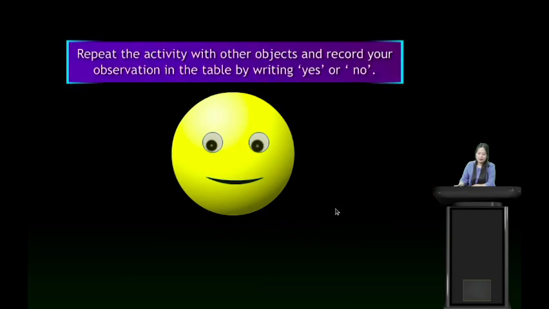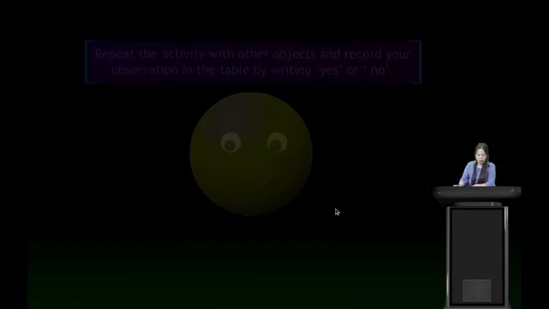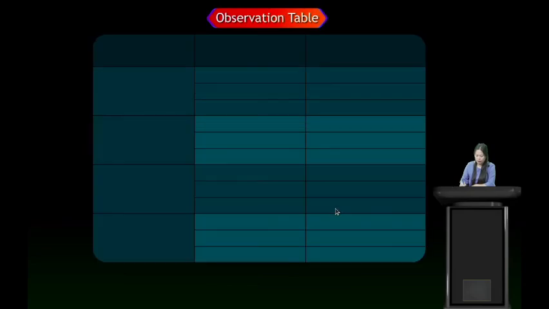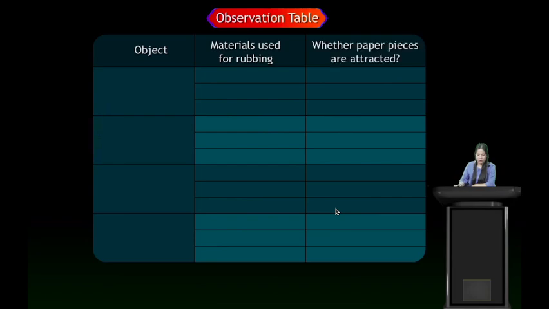Now repeat the activity with other objects and record your observation in the table by writing yes or no. Okay, so we have tried for eraser. Yes, students, we have tried for eraser for this activity. Now take inflated balloon, and repeat the same activity. Rub it on dry hair. Will it attract the small pieces